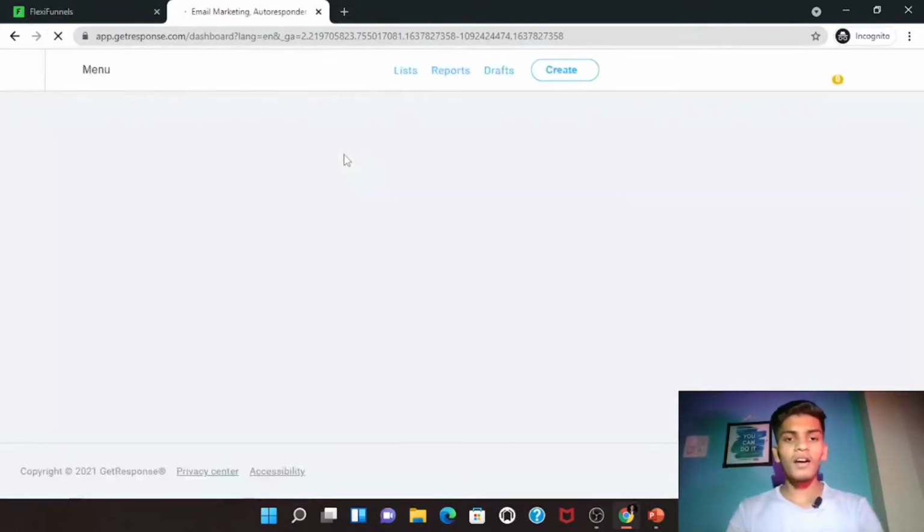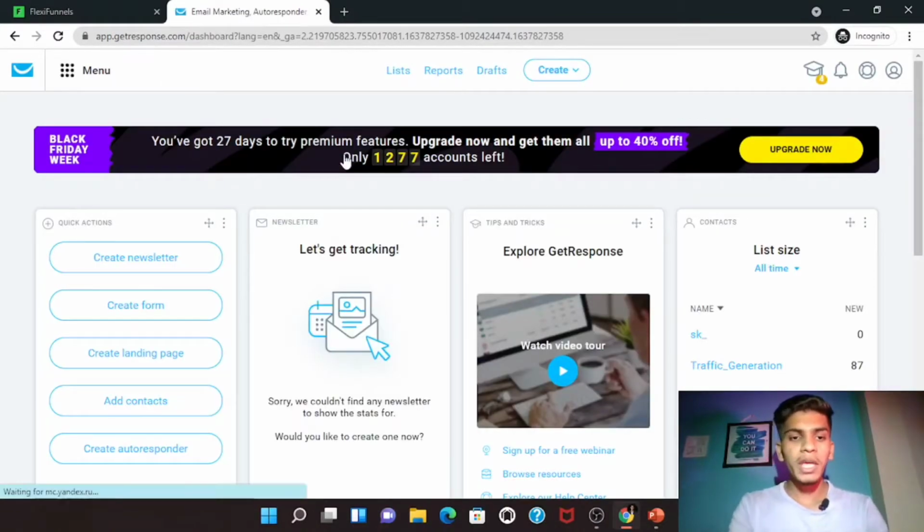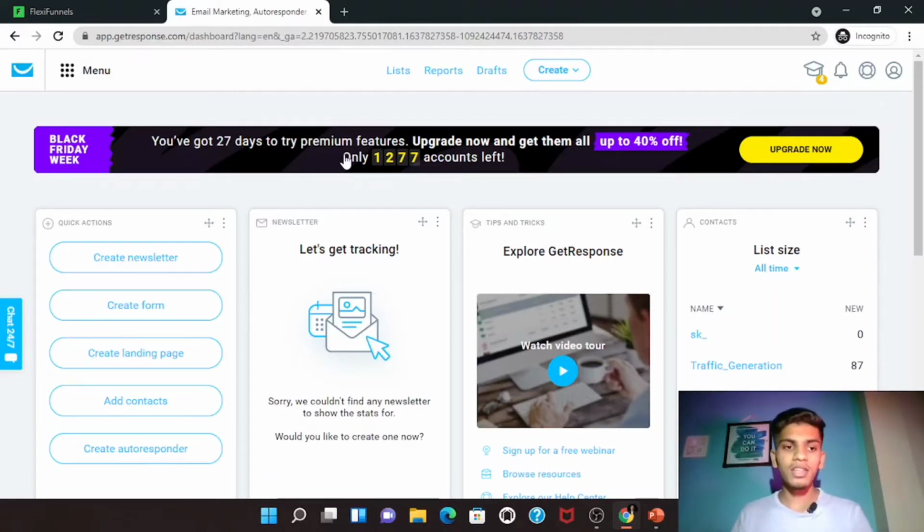So basically, when you build your email list, the first thing you have to do is give something to people. That is called a lead magnet. If you are getting people's emails or customers' emails, each email is called a lead. So to build these leads and get more leads, you will have to give something. There's always a give and take relation in internet marketing. So you'll have to give a lead magnet.